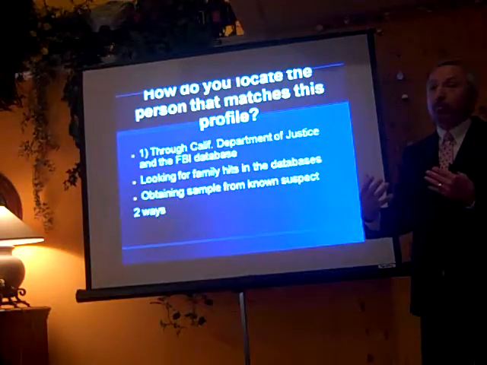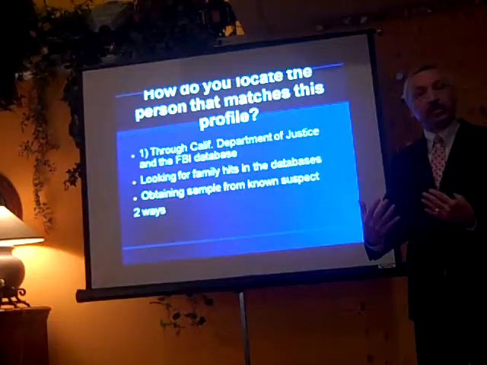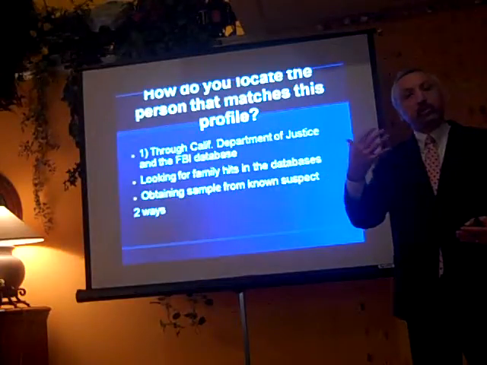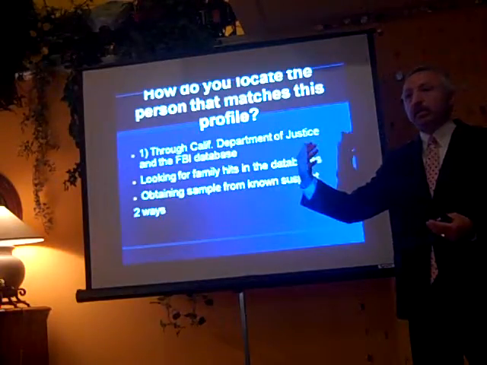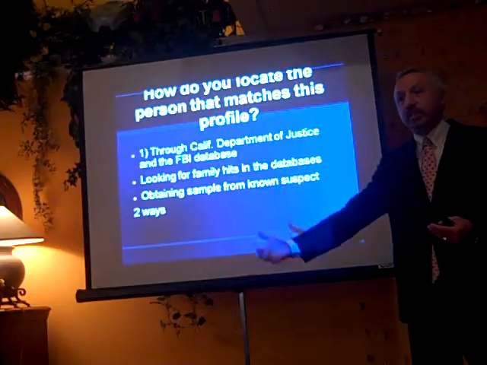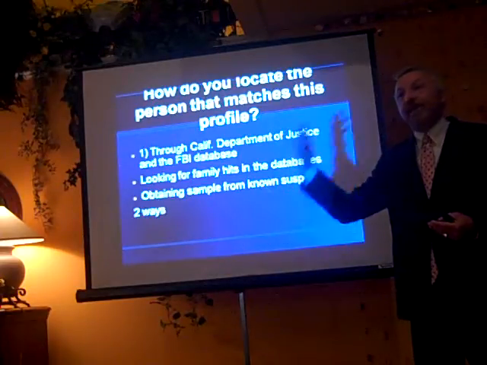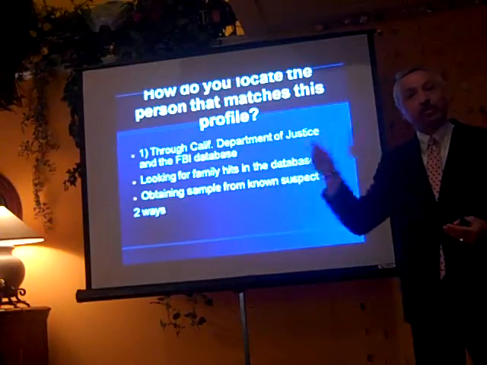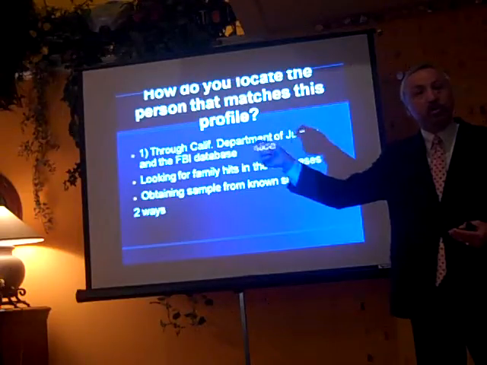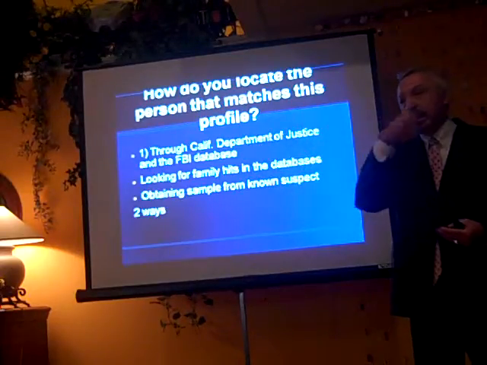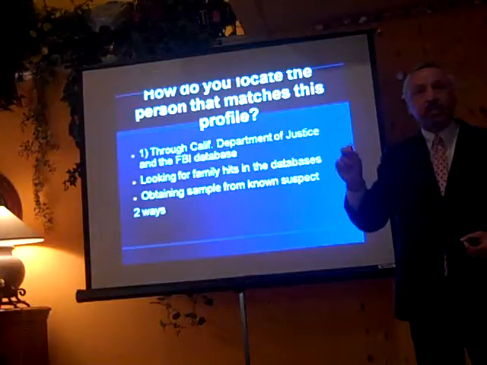The detectives will get a search warrant for that suspect's body. A detective will go to that suspect and say, "We have a search warrant for your body. You are ordered to give us a saliva sample," and then they will type that saliva sample